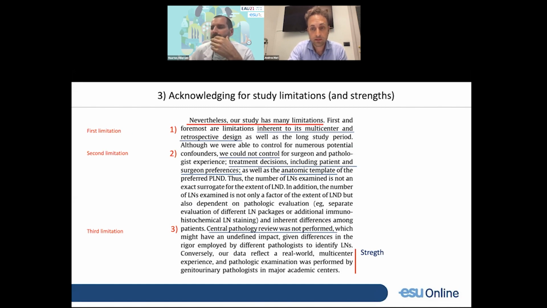And the last sentence is about the strength. Another possible additional sentence can be about the importance of future studies on this topic. Anyway, the authors did not mention it.